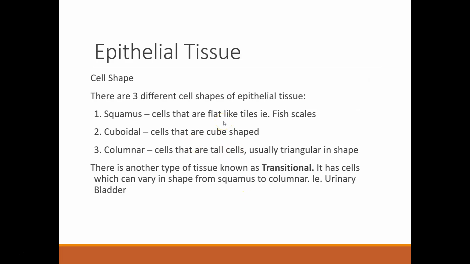When we look at epithelial tissue under a microscope, we discovered that within epithelial tissue there are three common cell shapes. So there are three different cell shapes. The first is called squamous. When we talk about squamous epithelium, this is an epithelial tissue where the cells are flat like tiles, and squamous actually means